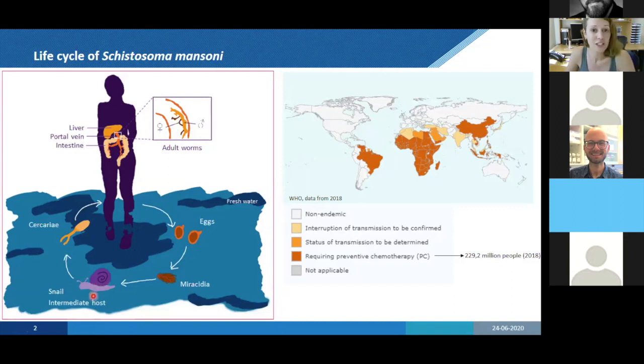And from the infected snail, cercaria are released, which then can penetrate the skin. And upon penetration, it loses its tail and transforms into a schistosomula. And these schistosomula then move through the body in the blood vessels, via the lungs towards the portal vein near the liver, and they then become mature worms, the adult worms, and the males and females will form pairs, which would then start laying eggs in the vasculature around the gut. And the eggs can then be expelled by the feces, and upon reaching the water again, they hatch, release a miracidium, which can then reinfect the snail host.